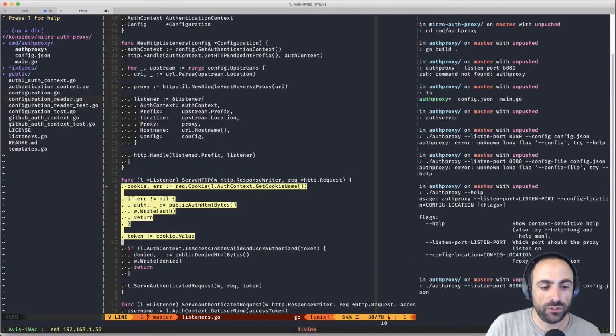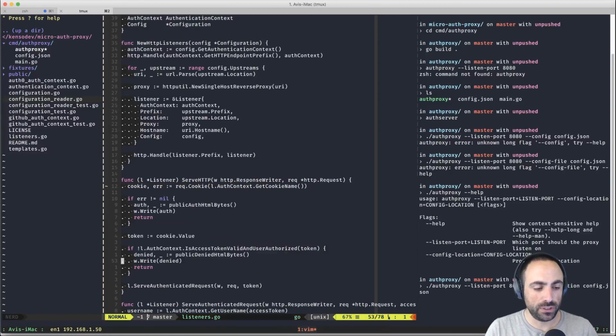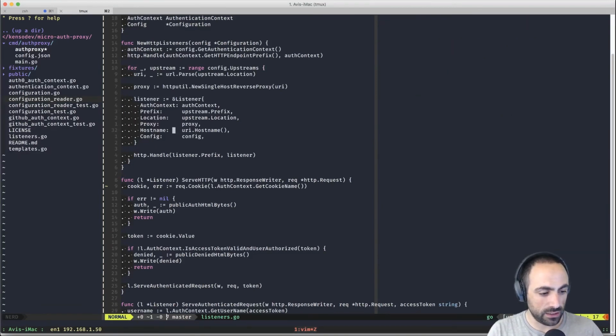This public HTML should be returned from our authentication context. Otherwise, what is the entire point? Okay, so all we need is to basically move this into the authentication proxy, and we're done. So let's go ahead and do that.